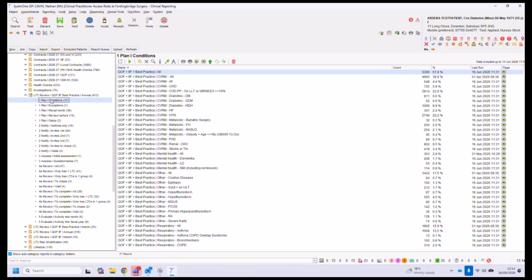It doesn't matter when you run these ones, they're just there to help. You might not run them much, but they're useful to have. So the first one we've got is plan conditions. Literally top one there, QOF, IIF best practice, all. That is essentially going to show you your cohort of patients that have one of those conditions that was on